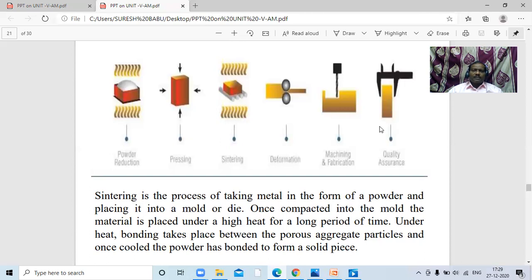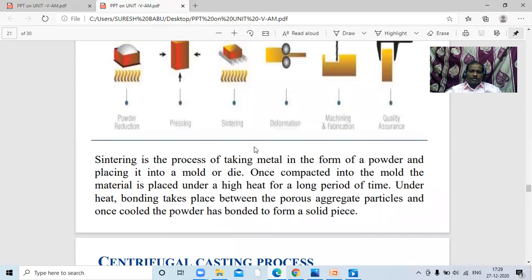So in this, the important parameter or step is sintering. If you observe, sintering is the process of taking a metal in the form of a powder and placing it in a mold or die. Once compacted into the mold, the metal is placed under high heat for a long period of time. Under heat, bonding takes place between the porous aggregated particles, and once cooled, the powder has bonded to form a